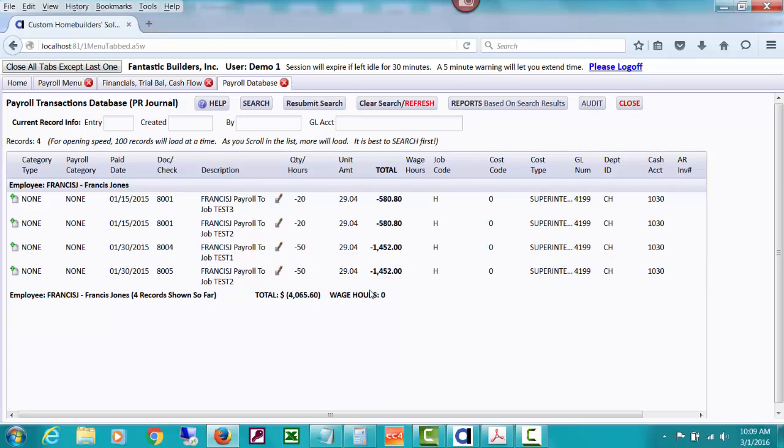But what you can see is these negative amounts, these credits going in, that would be going against the debits that went into the regular salaries and this and that. But you can see that those were applied to a job code called H. In other words, they were not applied to a job. I do store which